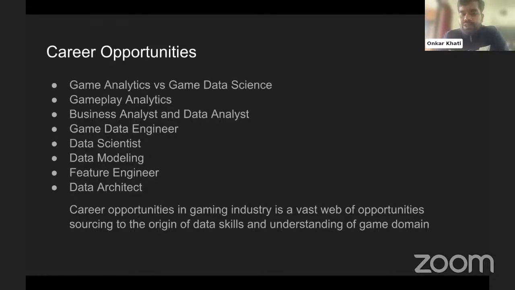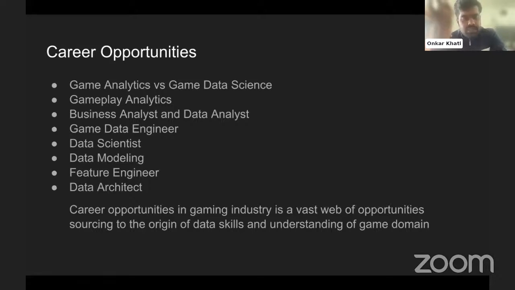Gameplay analytics. There are a whole lot of different people who just analyze the gameplay data which gets captured. For example, a shooter game captures more about the weapons and the bullets fired. So you can analyze this data and get really cool insights as well. Now, business or data analysts analyze the usual trends in the game's outer loop. By outer loop, I basically mean the metadata about the players, like how many skins the player has got in a reset time,